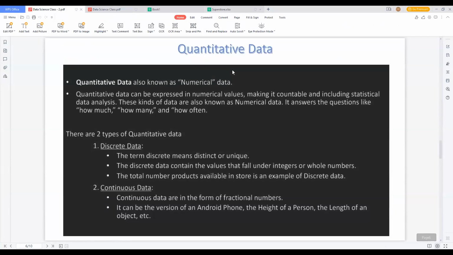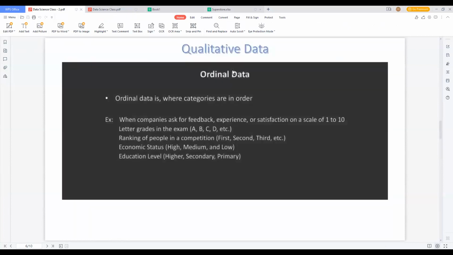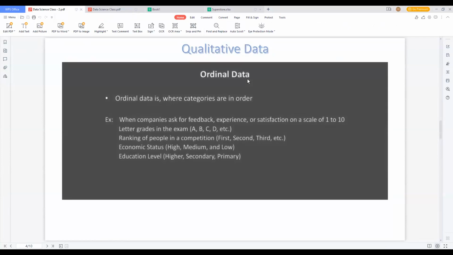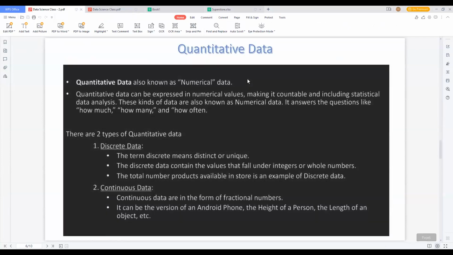But when we want to do some research, or work on some in-depth analysis of the business, it's better to know the difference in the data we are already handling, related to nominal, ordinal, discrete or continuous. It's better to know when you are doing high-level research on the concept. That's why I'm discussing it with you.